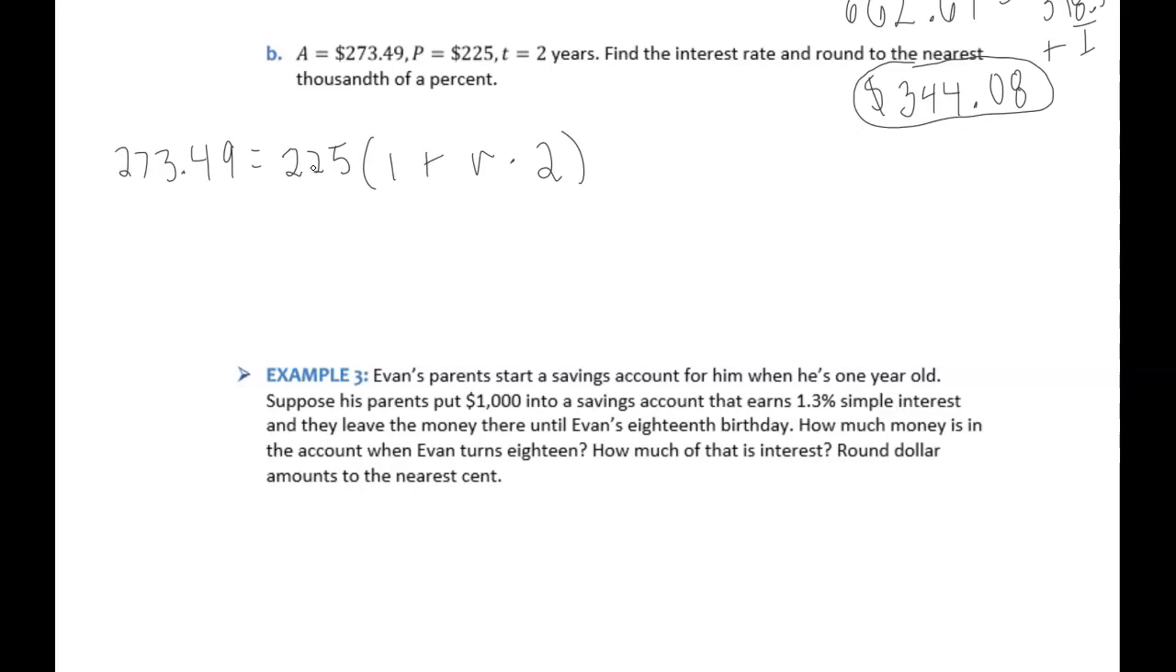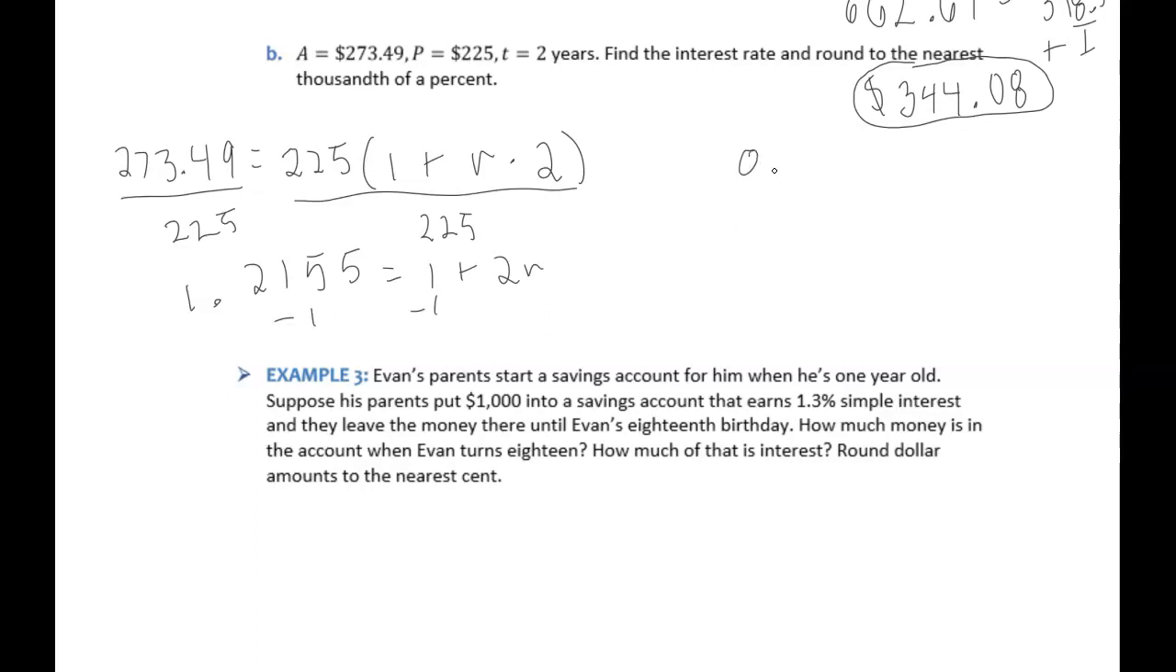So the first thing I want to do here is divide both sides by 225. Right, I'm solving for R. So that gives 1.2155 is equal to 1 plus 2R. The next thing I'll do is subtract 1 from each side. That gives 0.2155 is equal to 2R. And then dividing both sides by 2 will give the final result of